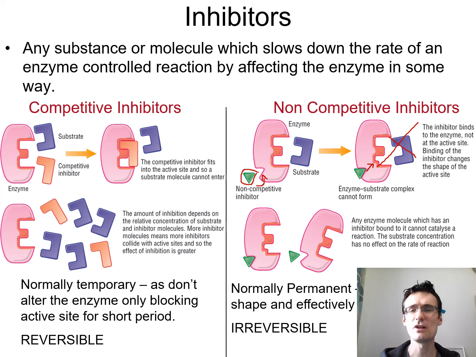So it doesn't matter if you've got a million substrate molecules or just one substrate molecule, your rate of reaction will stop if you've got non-competitive inhibitors, because you will change the shape of the active site, and that will then stop the reaction happening, stopping you from forming